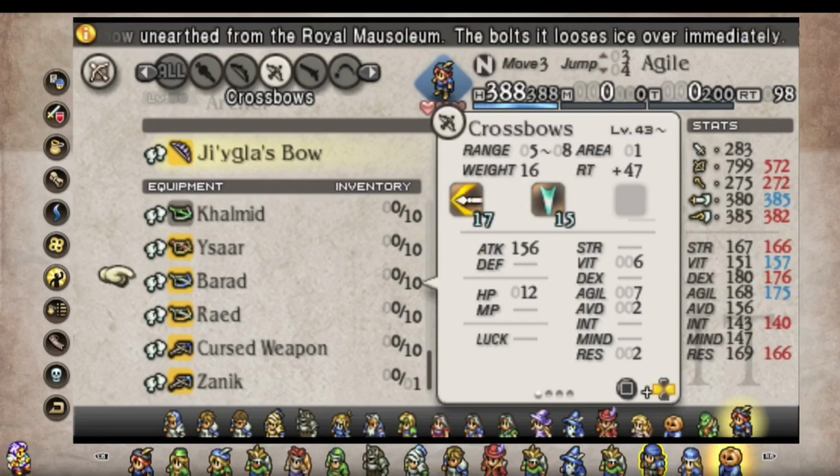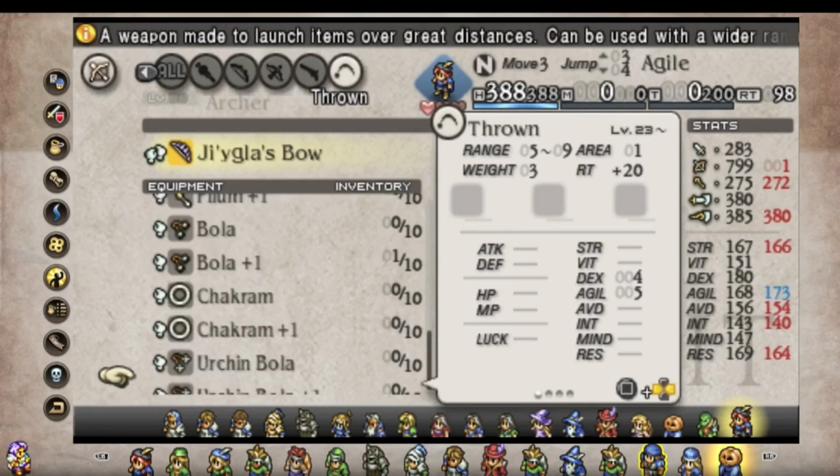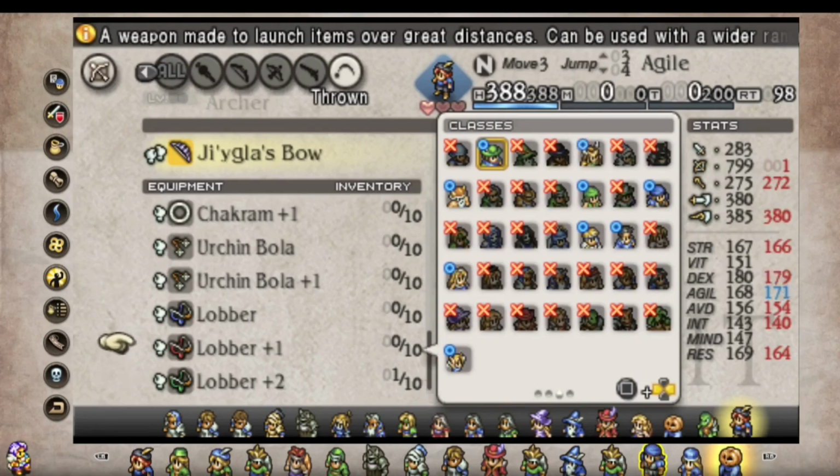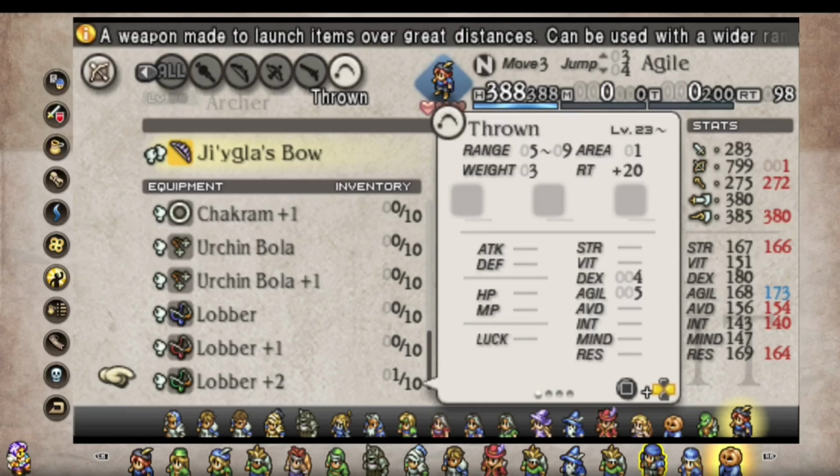Again, same thing, but range 5 to 8. Recovery time is still up there, weight is still up there. But still, the thrown weapon category was just super bizarre in this one. The main funny part about this is that once you upgrade to the Lobber +2 to finally get your range, that's somehow still more limited than the Reborn version, because Reborn is range 3 to 8, this one is